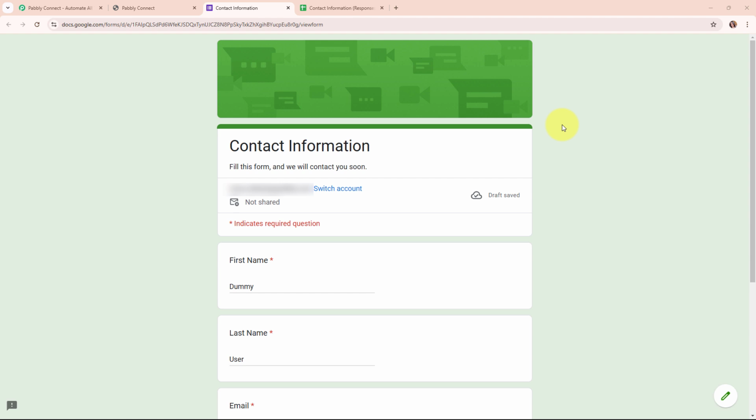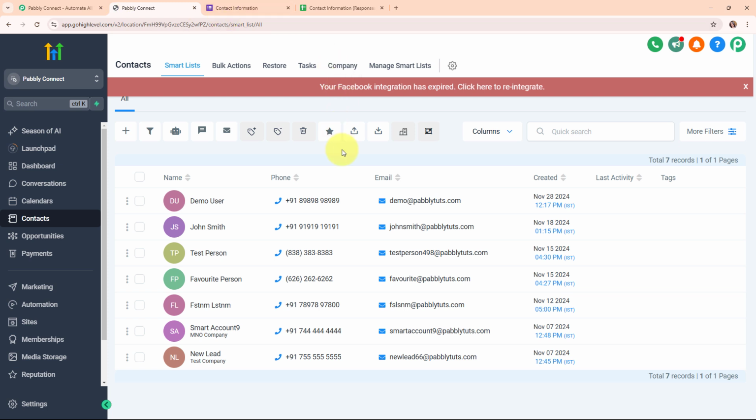Automating the process of creating GoHighLevel contacts can be incredibly helpful. For example, whenever someone fills out the form to join my mailing list or attend a trial session, their name, email and phone number are instantly added to my GoHighLevel sub-account as a new contact. This allows me to organize all my leads in one place, send them welcome emails and keep them updated about new programs or offers. It ensures I don't have to manually input data,